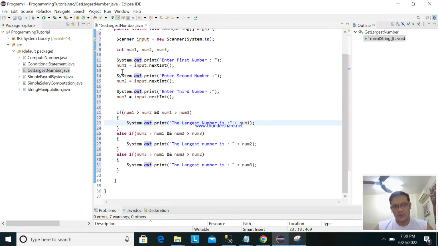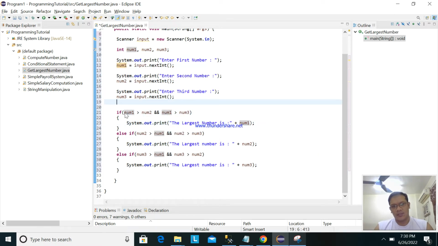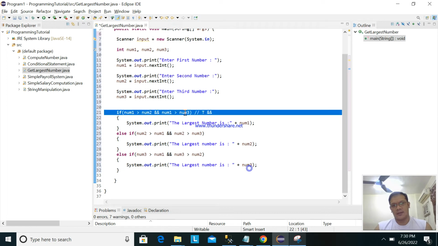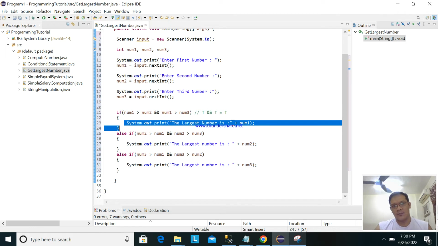Okay, so, for example, here, ang user ay nag-input ng tatlong number. Lagi nyong i-check yan. Yung num1 is greater than to num2. If it is true, and num1 is greater than to num3, if it is true, okay, ang sagot niyan is true. So, papasok siya dito sa loob. Okay? Pero kung